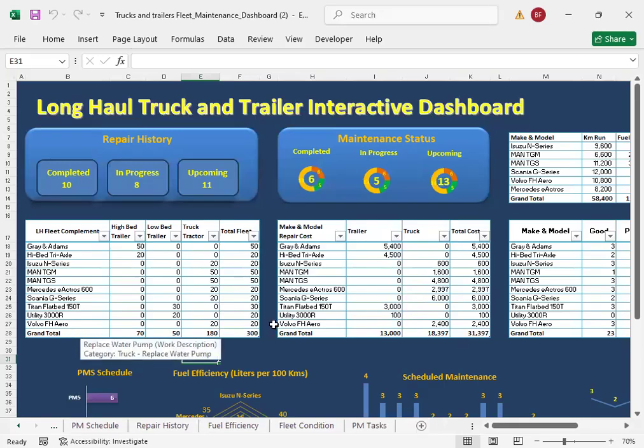You want to know the condition of your trucks and trailers, and whether your maintenance crew or management team has been doing excellent work and doing their tasks with excellent efficiency. So this is the essence of a management tool that you can utilize for your team, especially